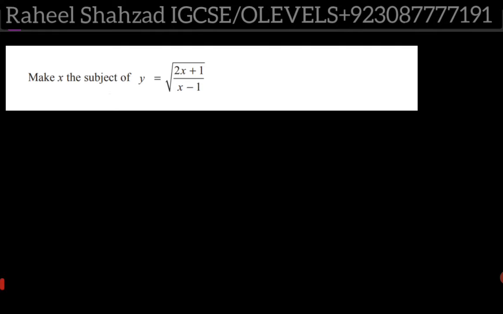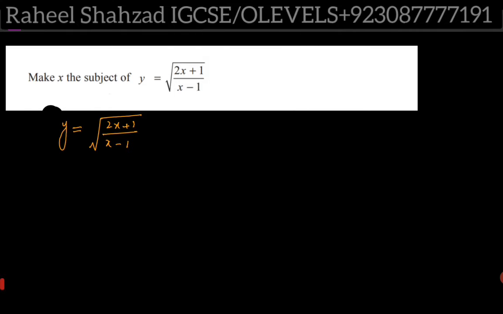In this scenario, you need to keep one thing in mind: whenever we are taking square on both sides, we will try to bring the square root on one side separately, and if something is being multiplied, first we need to take it to the left hand side. So in this question, we have y equals